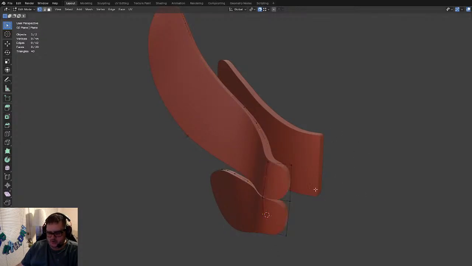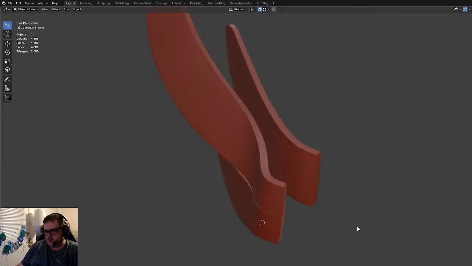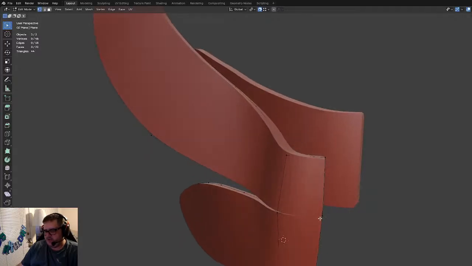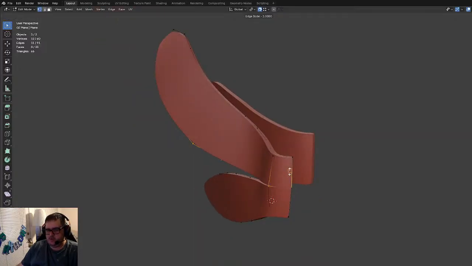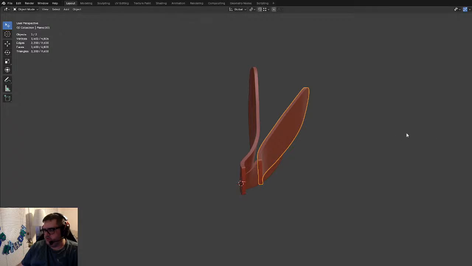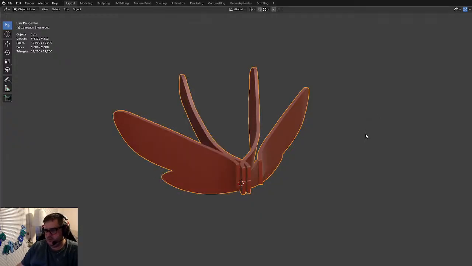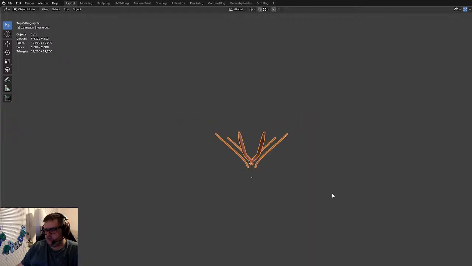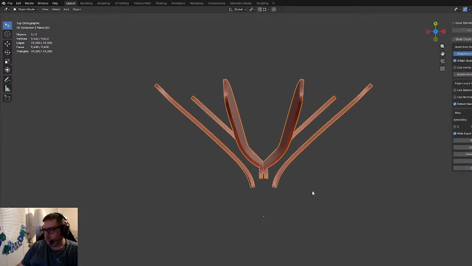And what I'm gonna do is just add some sharpness in here, only on this side, so that we know the section that slides right into the body is gonna be pretty nice and sharp. What I'm gonna do is I think I'm gonna join all these into one, and then let's also mirror this. Okay, we have a little bit of an issue here where our 0, let's take a look at our